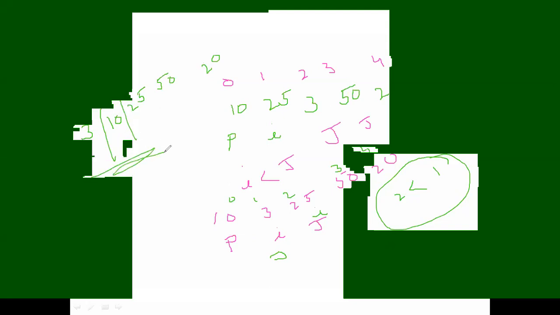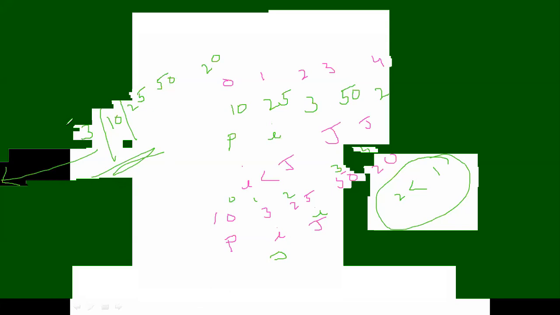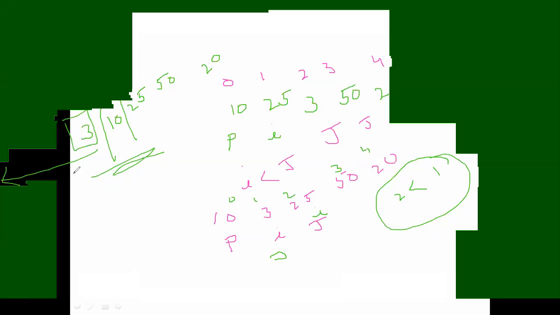See, my process is correct because the right side elements are greater than the pivot and the left side elements are lesser than the pivot. The condition is true. Okay, clear. So here only one element is there, so that is in sorted order. We cannot do any other sorting because one number is there, that is sorted.